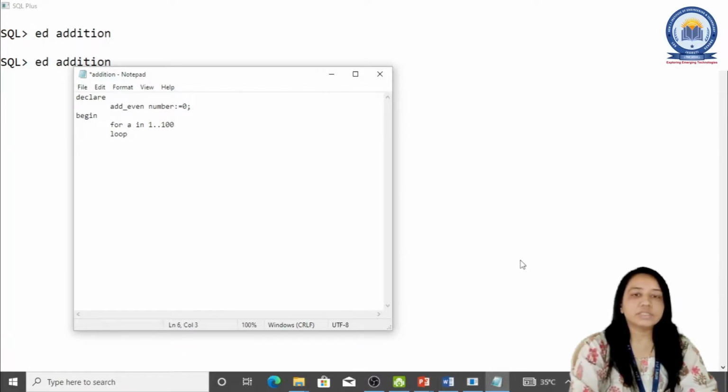In that, first you have to check whether the number is even or odd. To check that, you can use the MOD function, which is available. So IF MOD of a by 2 equals 0, that means the number is even.